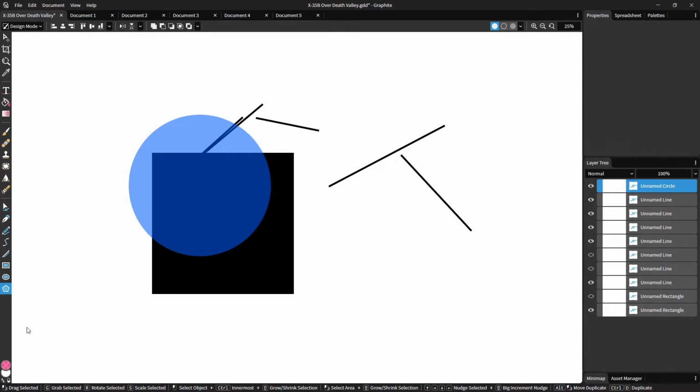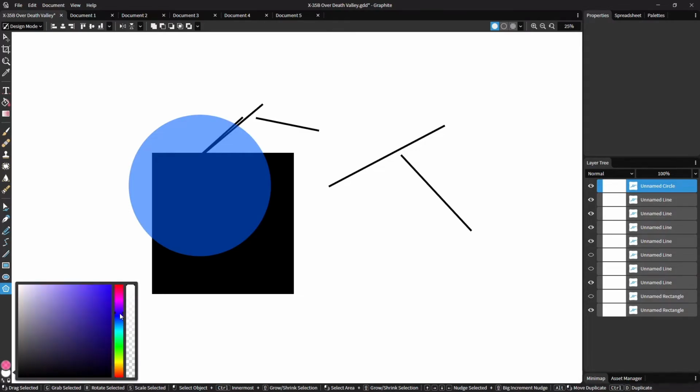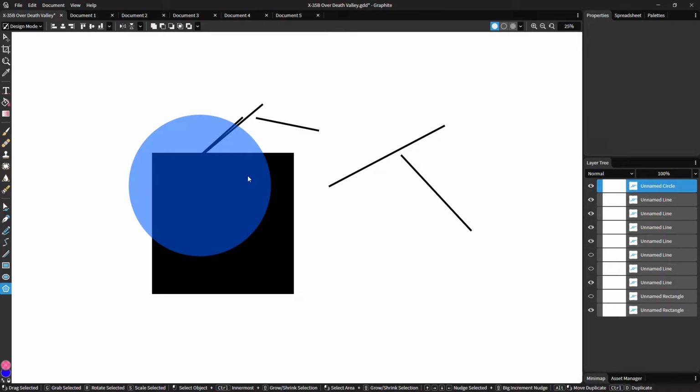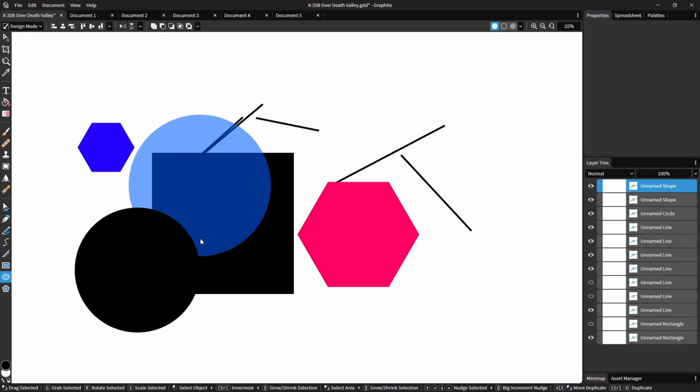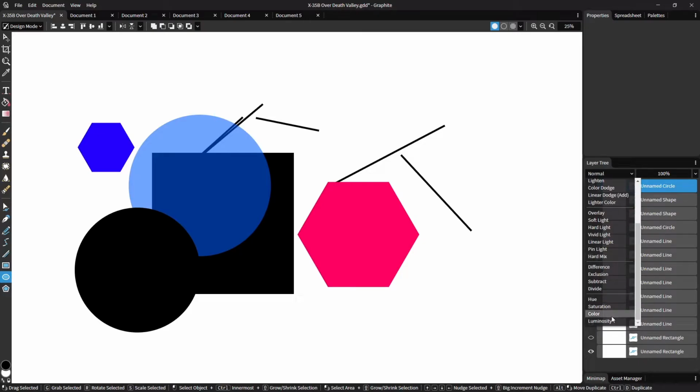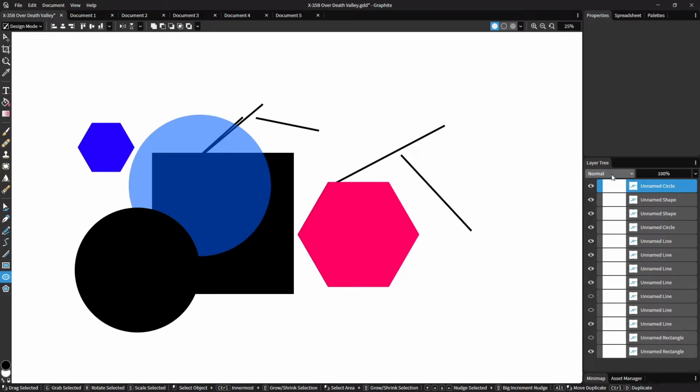If you want to also save the color that you're working with and have a different one, so if you want pink and blue, you can then hit Shift X or this little swap button here, and it swaps between them. And you can also reset the colors back to the default of black and white, or hit Control Shift X. You can also select the drop down for the blend mode, although that's not currently implemented for the actual ability to blend, but it does have a list now, which will be hooked up probably relatively soon.